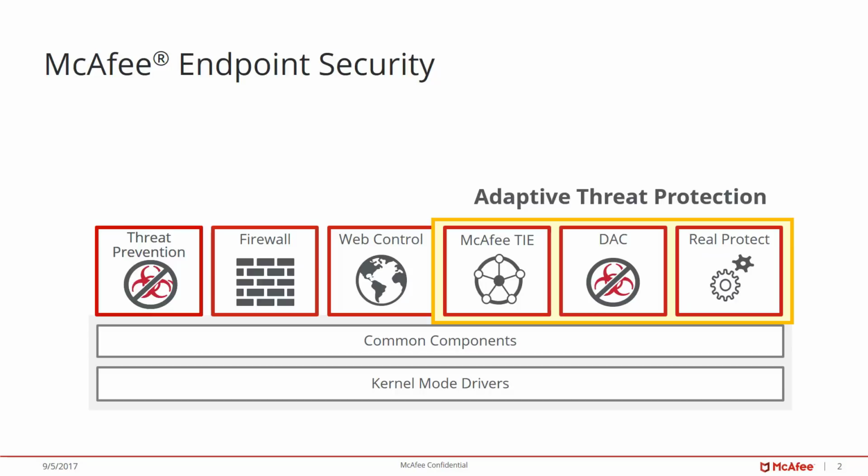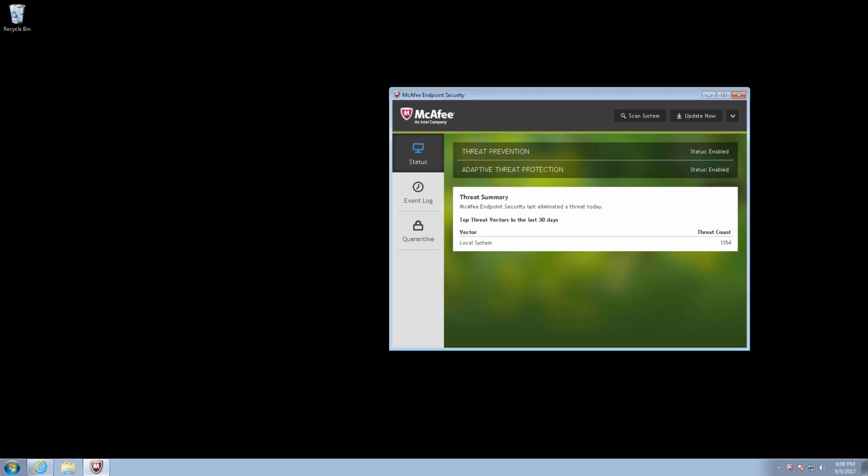So this is our victim machine, and you can see here it's running McAfee Endpoint Security 10.5. And we have two modules installed. The first is threat prevention. Threat prevention is basic protection with traditional AV scanning and exploit prevention capabilities, including intrusion prevention. And then the second module is adaptive threat protection. That's where a lot of the newer technologies, including Real Protect, which is machine learning, and the dynamic application containment